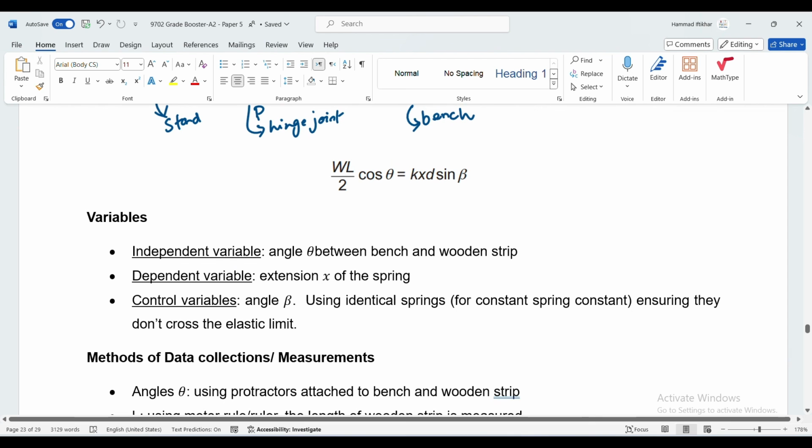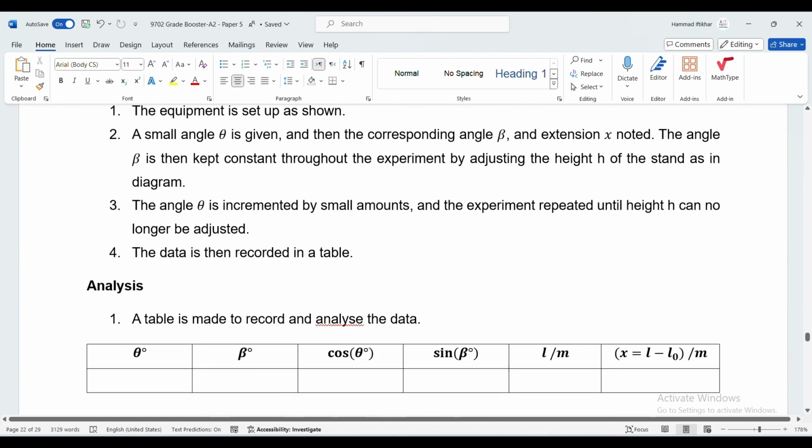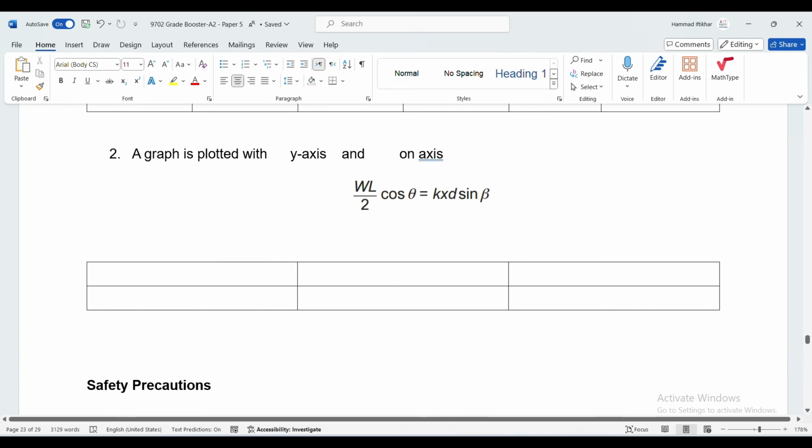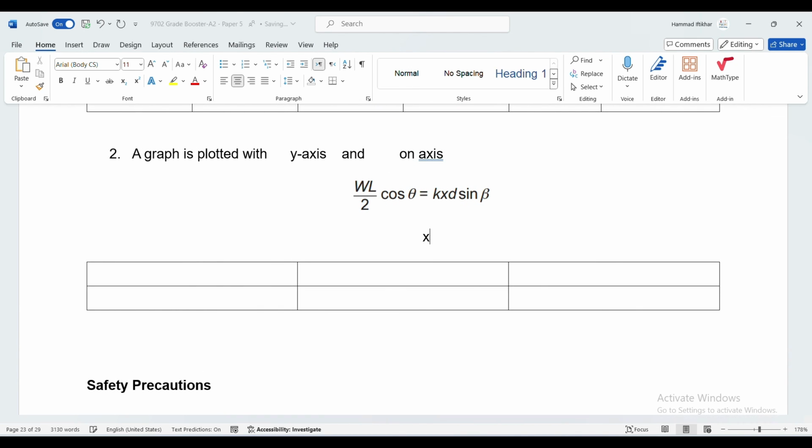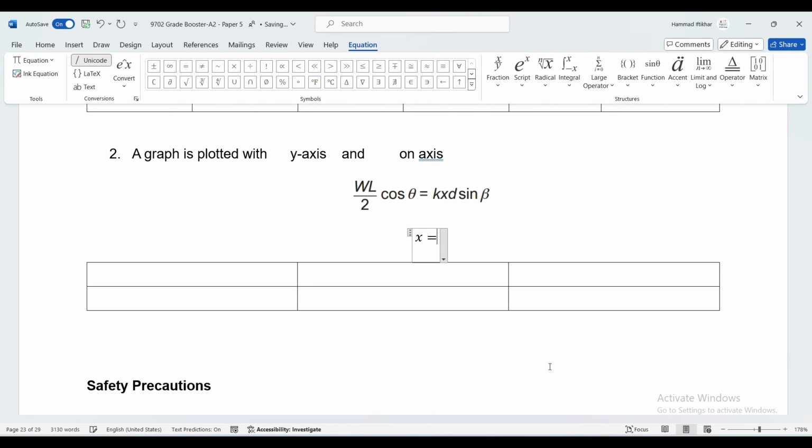Just to make sure that's what we did. Yes, the independent variable was theta. So we will rearrange it first and then put x outside as the subject of the equation. So we will have cosine of theta,